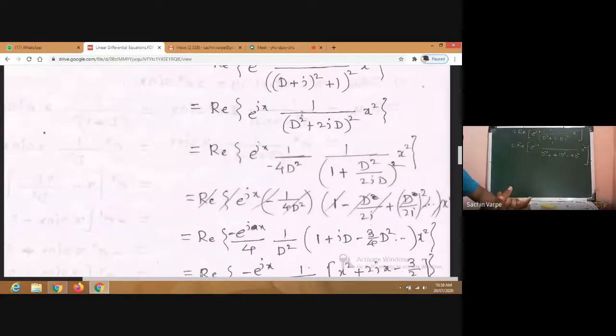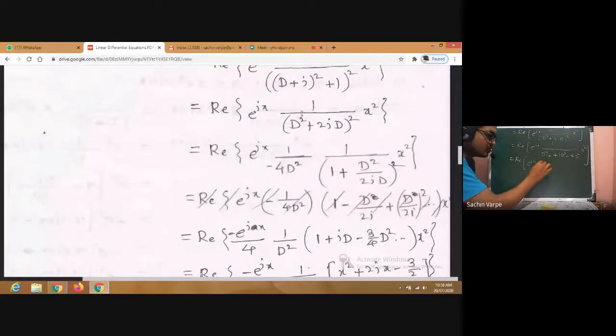And we know the case for polynomial function. What we are doing, we are expanding this 1/phi(d) using Taylor's and Maclaurin series. But to expand that, we need 1 in the denominator, isn't it? Because we want to use those formulas 1/(1 plus p) or 1/(1 minus p), right? So to get that standard form, we are either taking constant term common. If constant term is not there, then we are taking lowest degree term common. So what is the lowest degree term here? 4d², right? So I'm taking -4d² common.